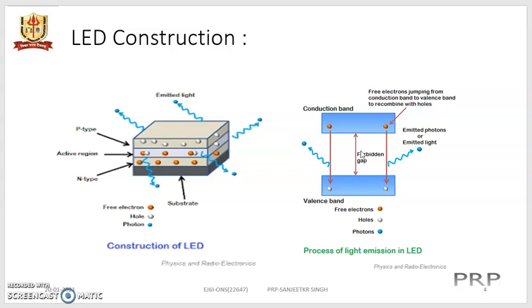And this diagram shows, when this structure is properly biased with the help of a supply, say a battery with positive terminal connected to the p type and the negative terminal connected to n type, there is the excitation and the electrons are moving to the conduction band from the valence band. So that is the unstable state, and it will fall back to the valence band giving out the photons. Therefore light is emitted with the spontaneous emission.